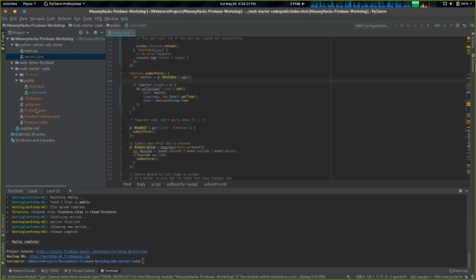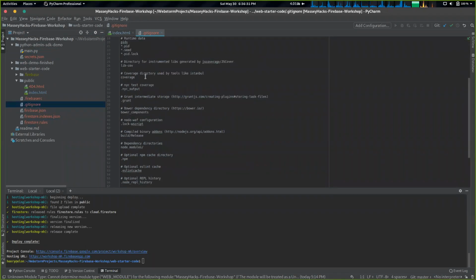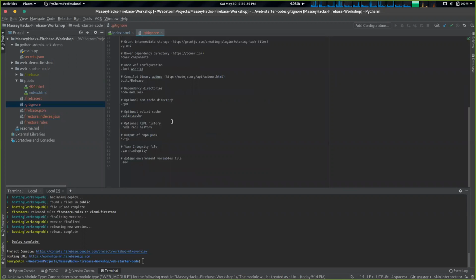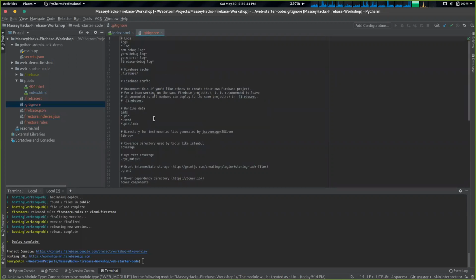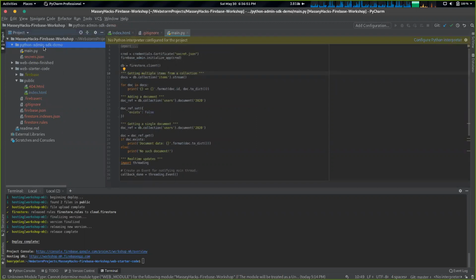So what we can do is use .gitignore here, and we can add that file into this list. Whenever you push, git will first look at the .gitignore file, then check if the file we're trying to push is in this list, and if it is, it won't push it. So we'll add secrets.json in here, and if we refresh,